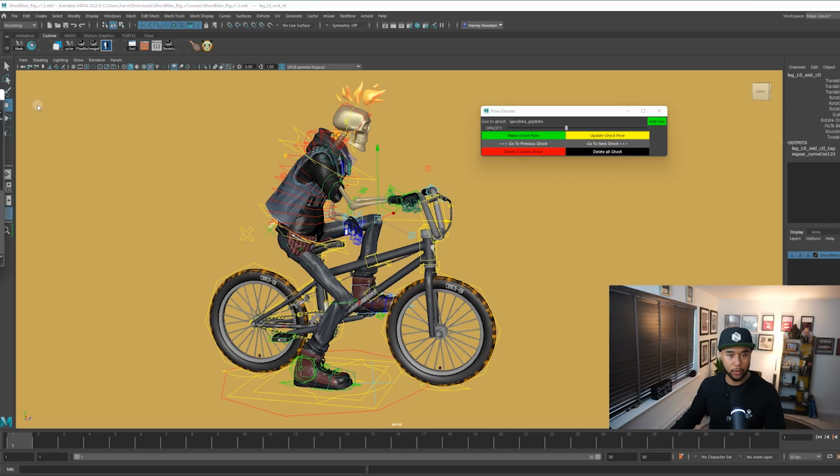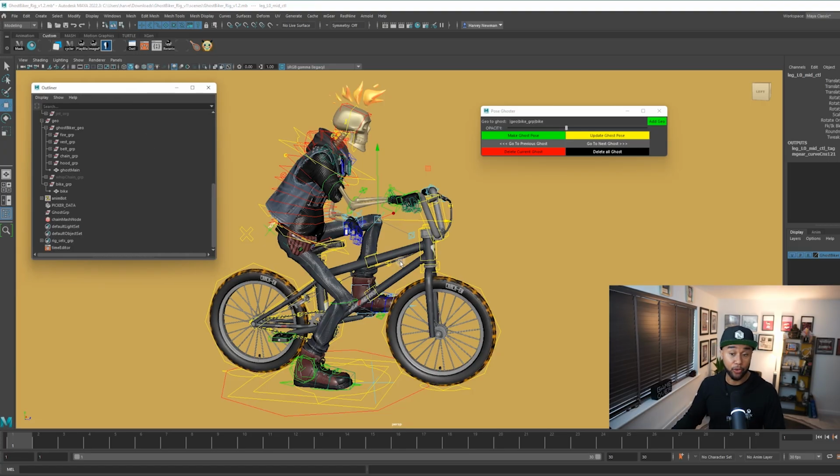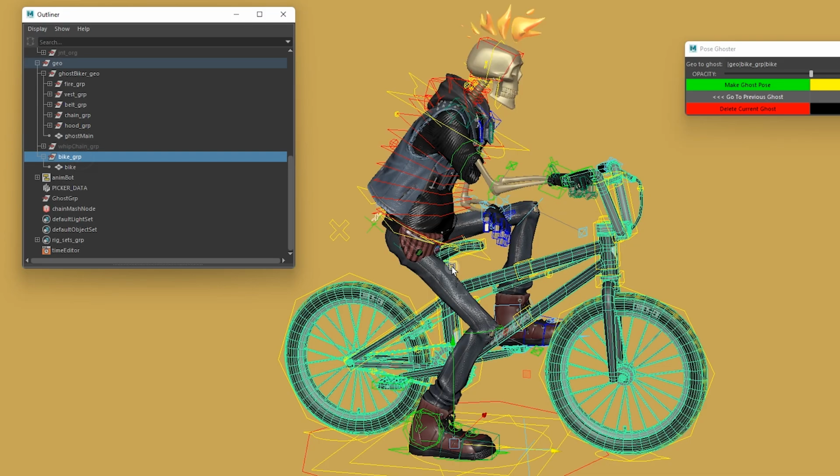So it's basically that idea of having onion skinning on your mesh, right? In any mesh you like. Now, in order for you to get your mesh to look a certain way, you have to pick obviously the mesh specifically you want to see ghosted, right? And in this case, I'm just going to add the bike, but you can add anything in order to make sure that it is ghosted.